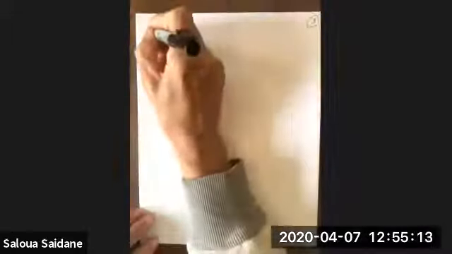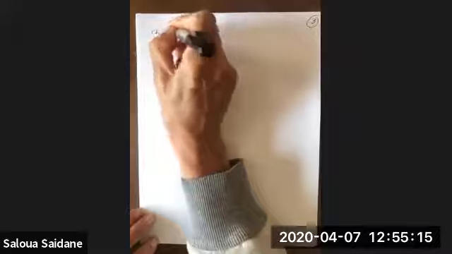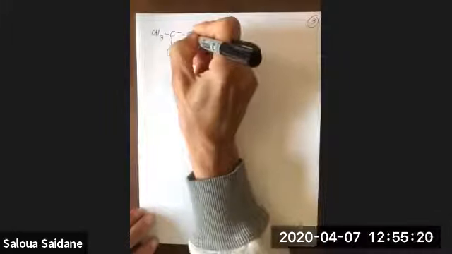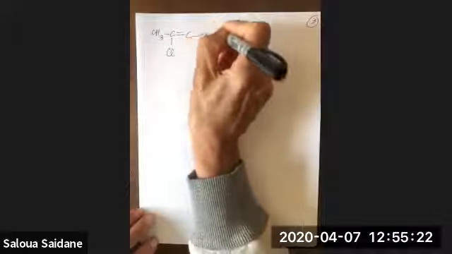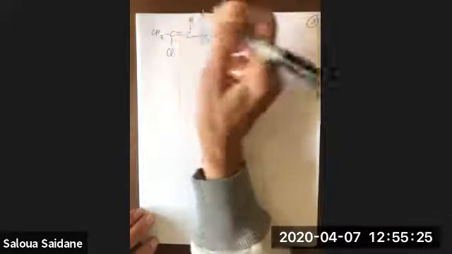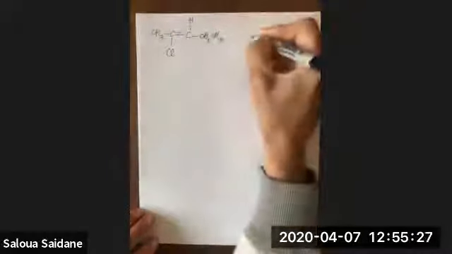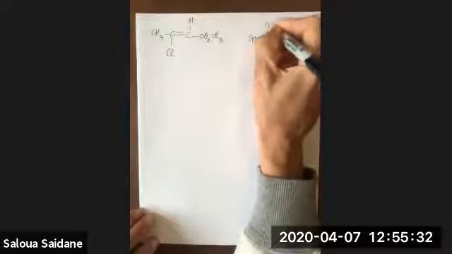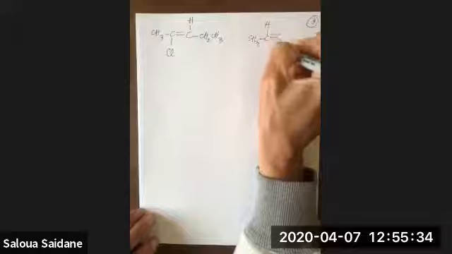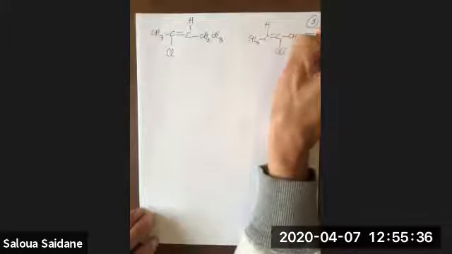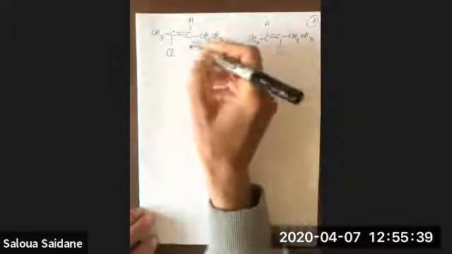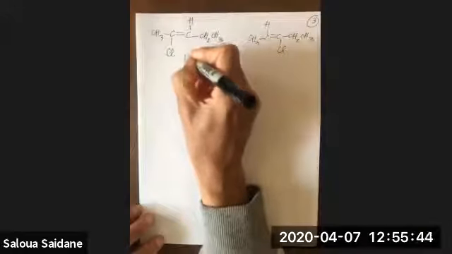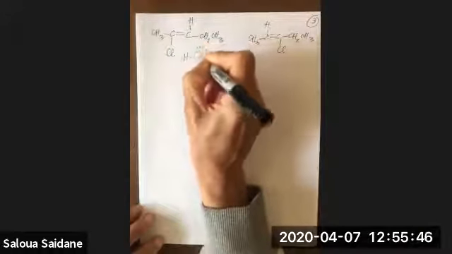So I have CH3, C, Cl, CH2, CH3, H. So that was the green product. The other one is CH3, CH, C, Cl, CH2, CH3. So if we add another HCl, we already know that